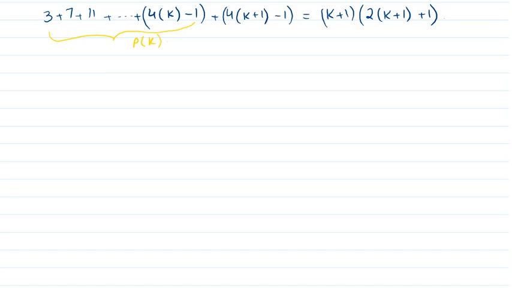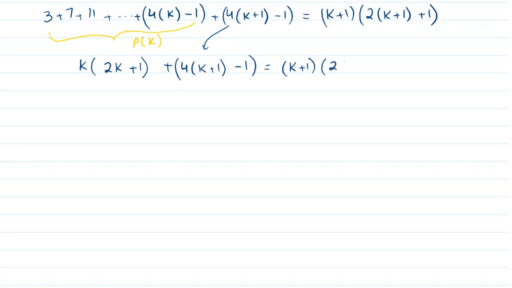So this being true, that is in fact equals to k times 2k plus 1 plus the last term here, that is 4 times k plus 1 minus 1. This is k plus 1 times 2k plus 1 plus 1. Okay,